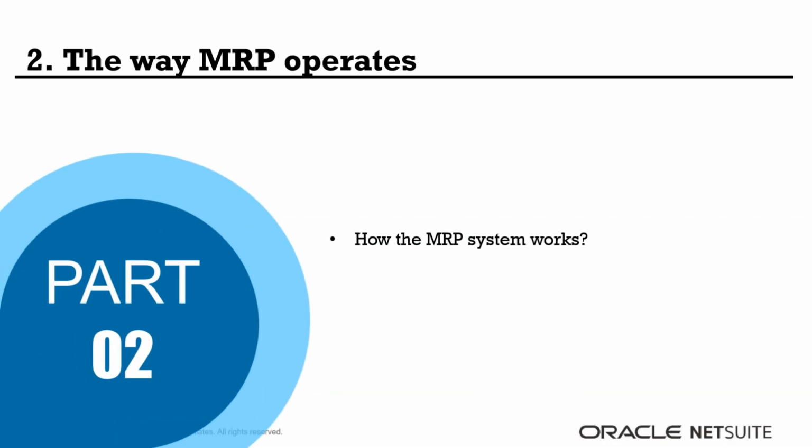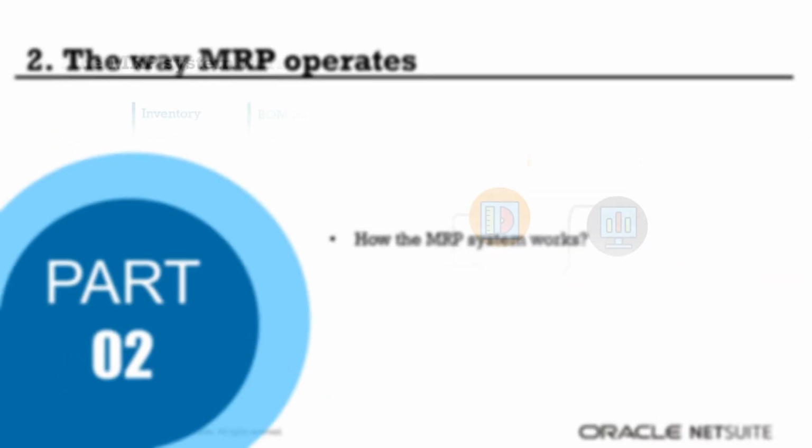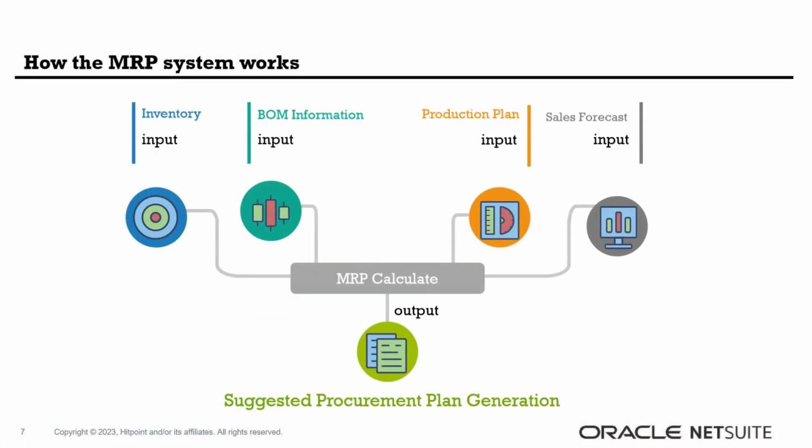Part 2: how does the MRP system work? Collecting current stock levels of materials, ordered undelivered quantities, safety stock levels, etc., establishing and maintaining the bill of materials, i.e., the structure and composition of each product, including the quantities and relationships of various parts, subparts, raw materials, etc.,